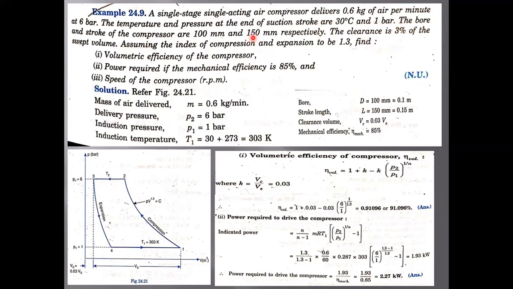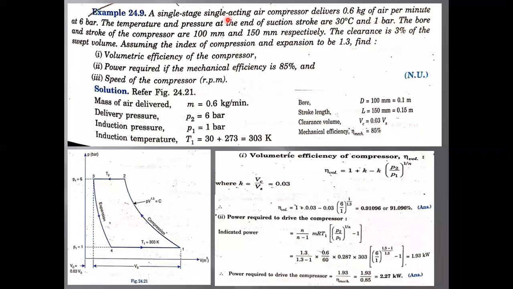Since he has given this in mm, you should convert them into meters respectively. That means the bore is 100 mm and stroke is 150 mm. The clearance is 3% of the swept volume. Please keep in mind that he has given the clearance volume as 3% of swept volume. Assuming the index of compression and expansion to be 1.3, that means n value he has given, and he has asked you to find